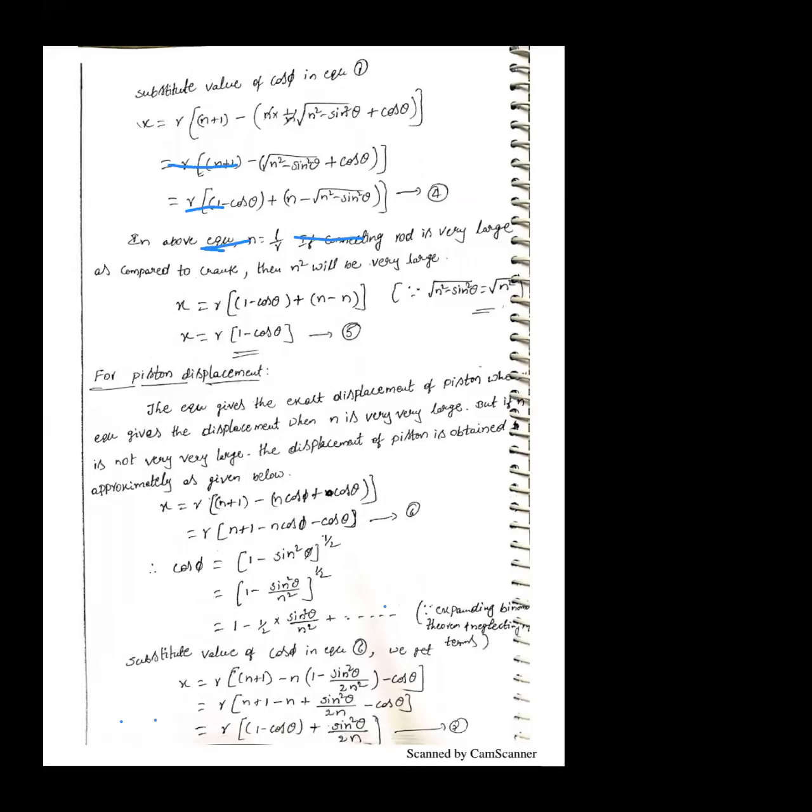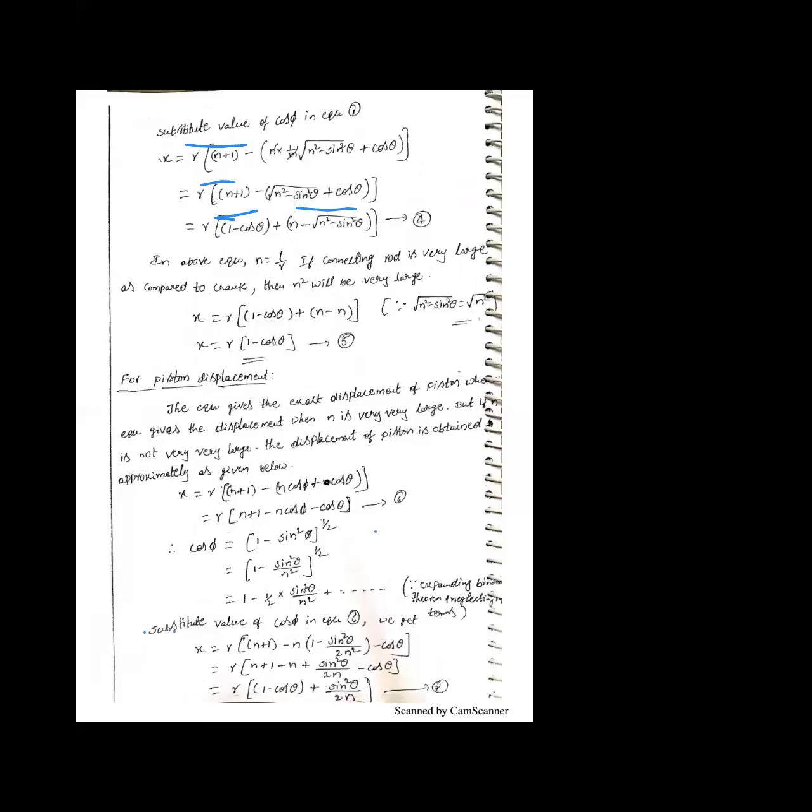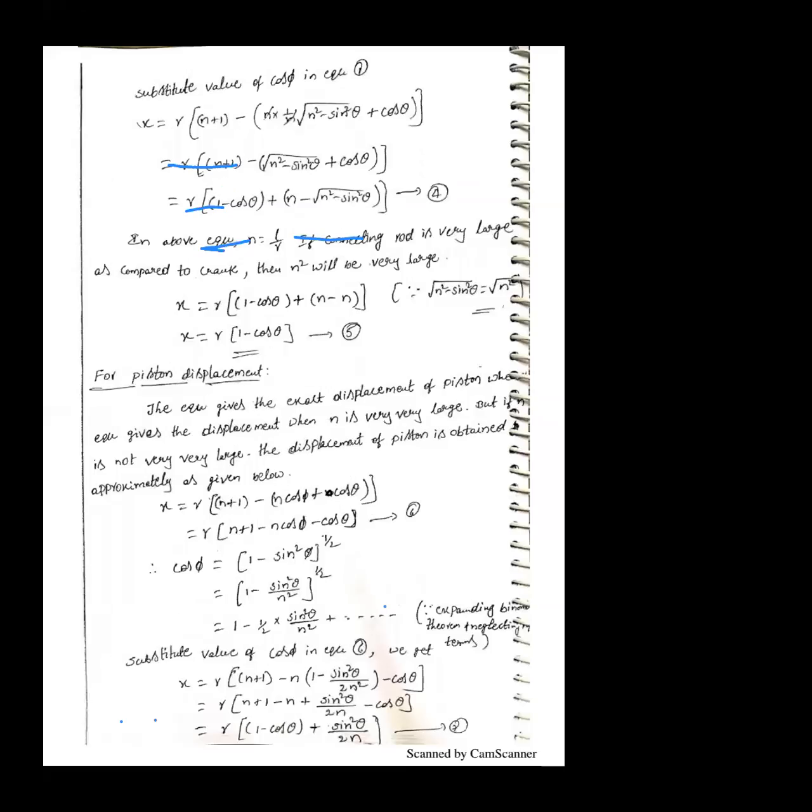Just listen. N equals L by R. Already known, the value is known. N equals L by R. So now,